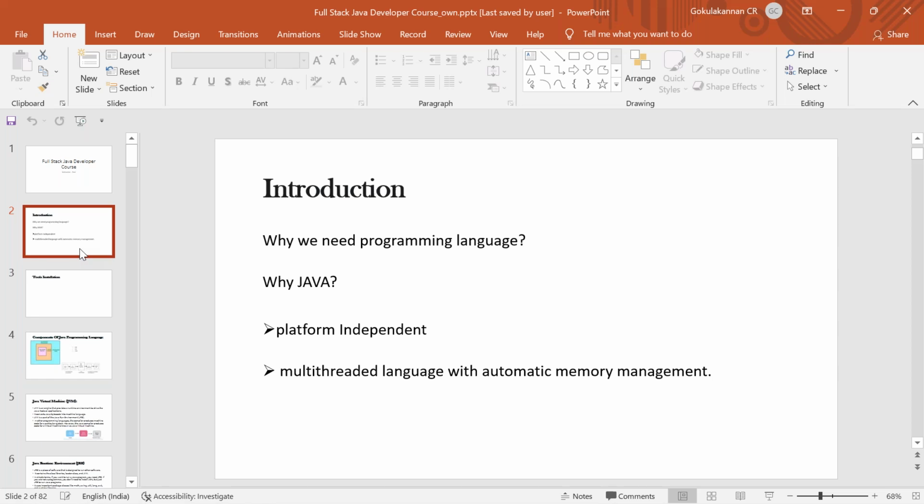But there are some programming languages, and I'll take C programming as an example. In C programming, whenever I am dealing with any variables or data, I have to specifically work on memory allocation and deallocation. As a developer, it is my responsibility to allocate and deallocate the memory.